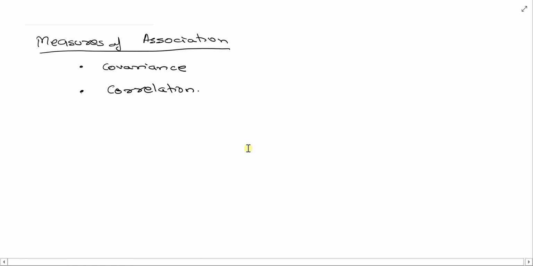In this video, we will talk about measures of association. There are two measures of association. One is called the covariance, and the other one is called the correlation. Now, the covariance